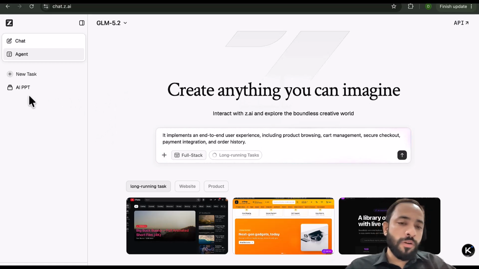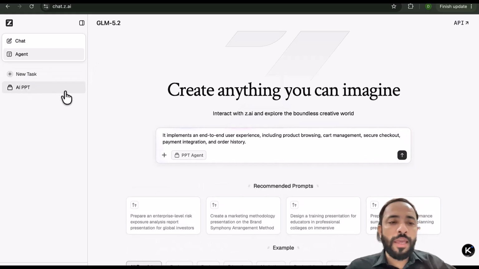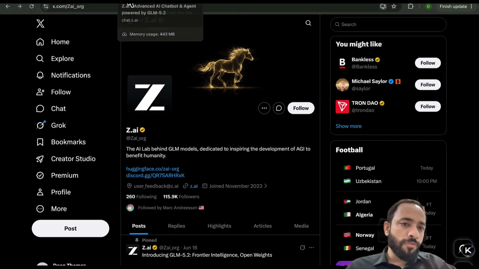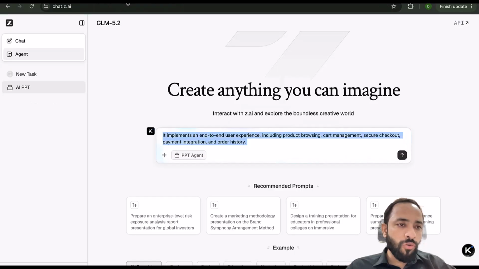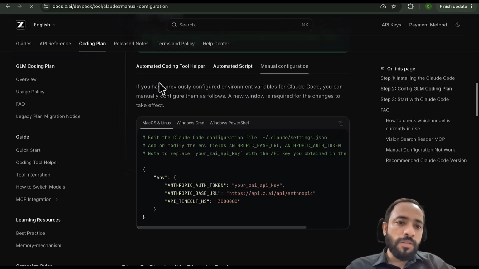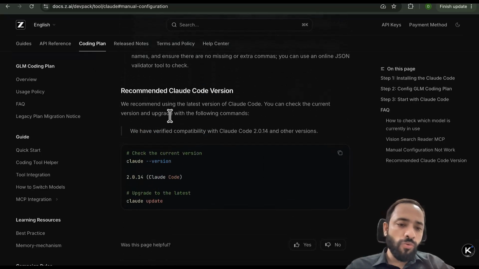Okay, that's all by using this task, and click on the AI PPT. On AI PPT you can develop the PPT. These are all the stuffs, and if we go to further detail of the ZAI or GLM 5.2,